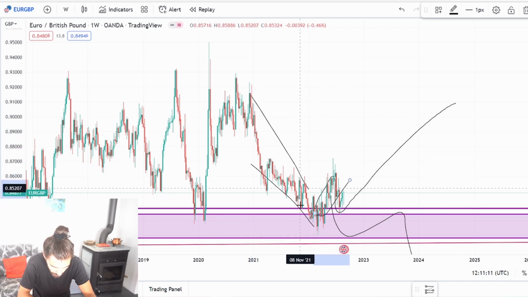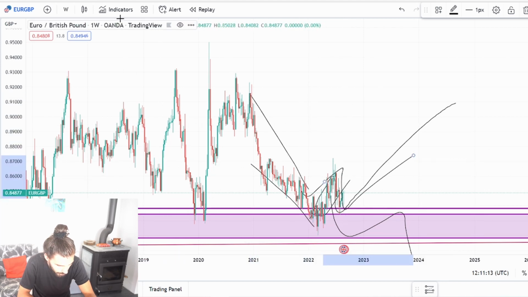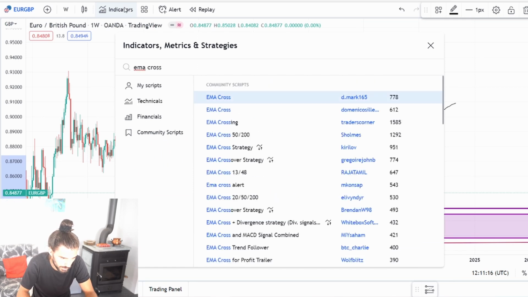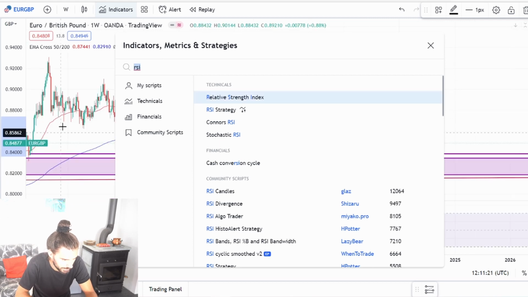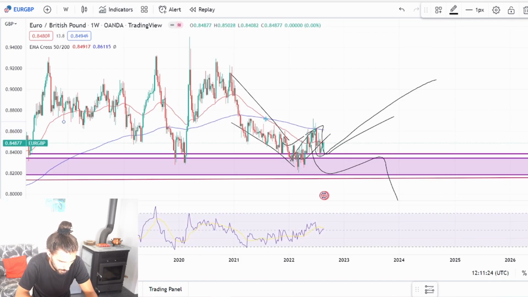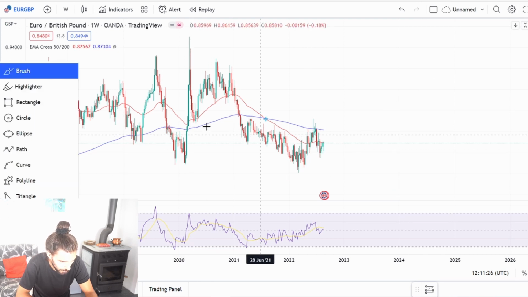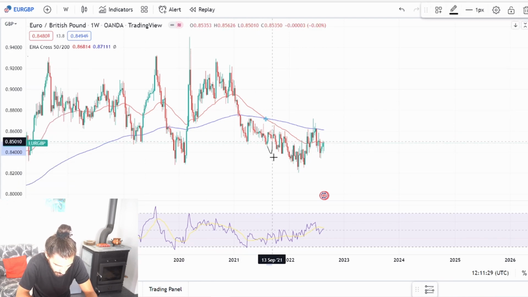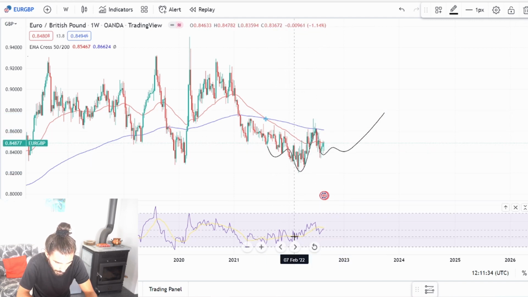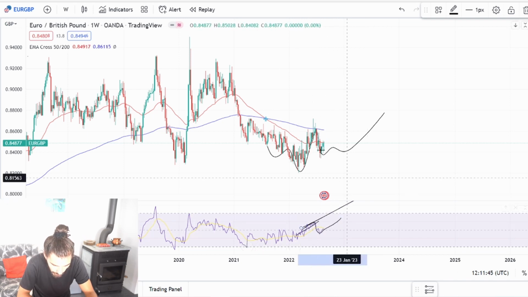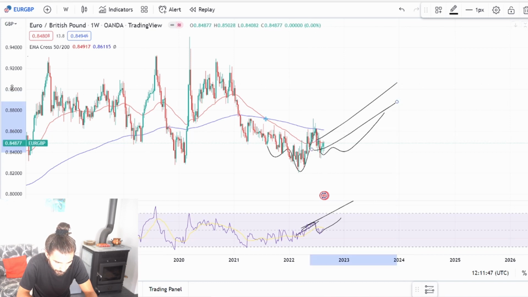Here the weekly chart, slight movement to the upside, then breaking to the downside, quickly adding the EMAs and possibly the RSI. Let's just quickly remove this mess here. So what we can see is probably a little bit better on the daily chart. Here still a left and a right shoulder, meaning we could go to the upside. Here the RSI is slightly crossing the 50 level, so now we're trading above the 50 level. So the retest is now breaking again to the upside, meaning that from here we could see a move to the upside,